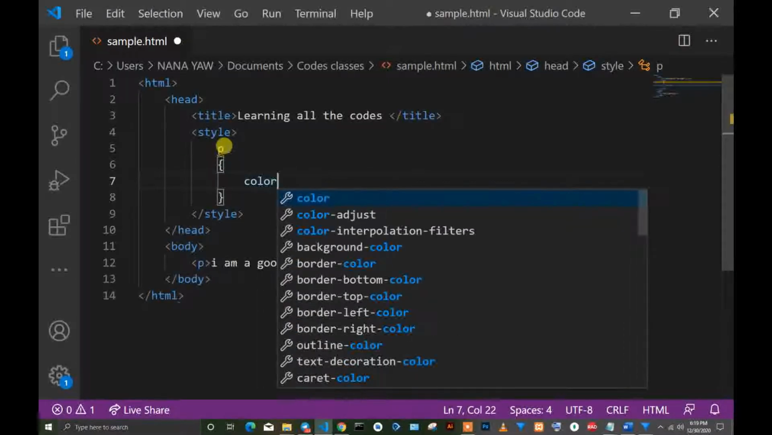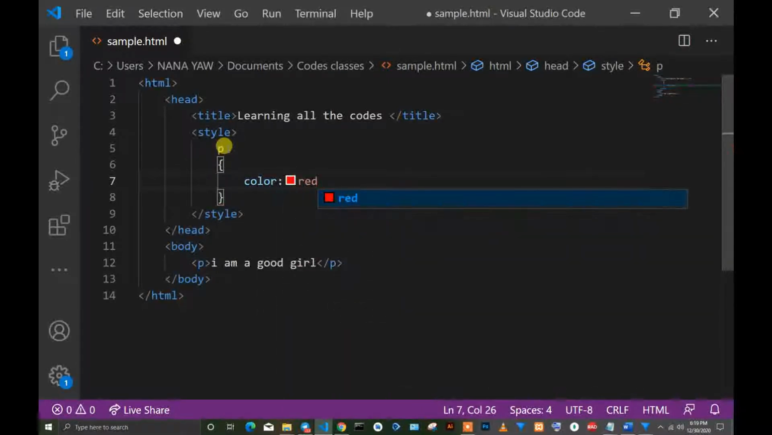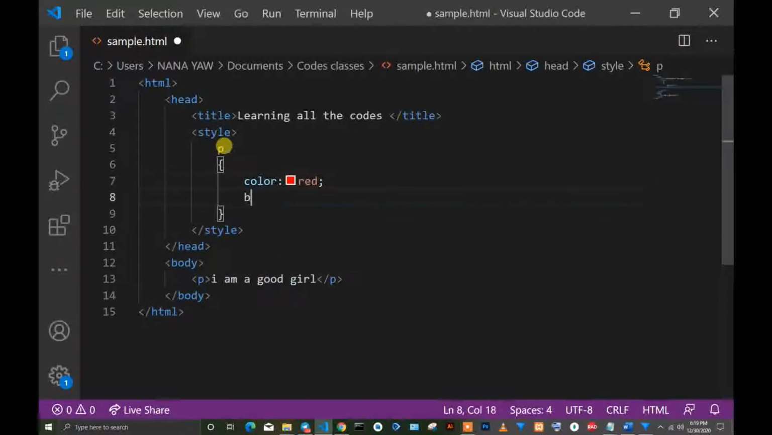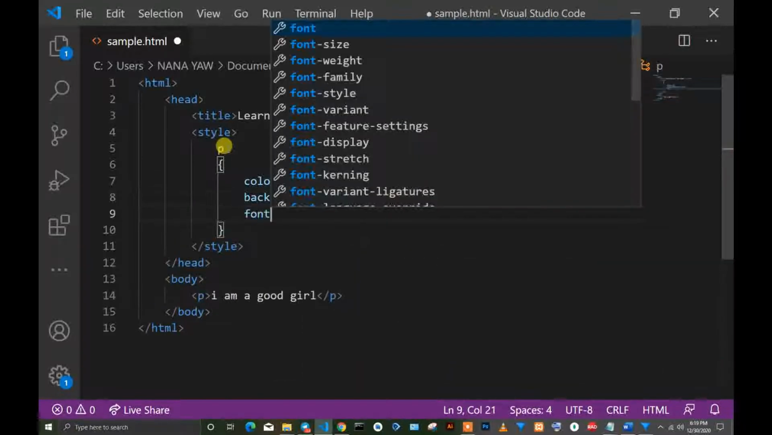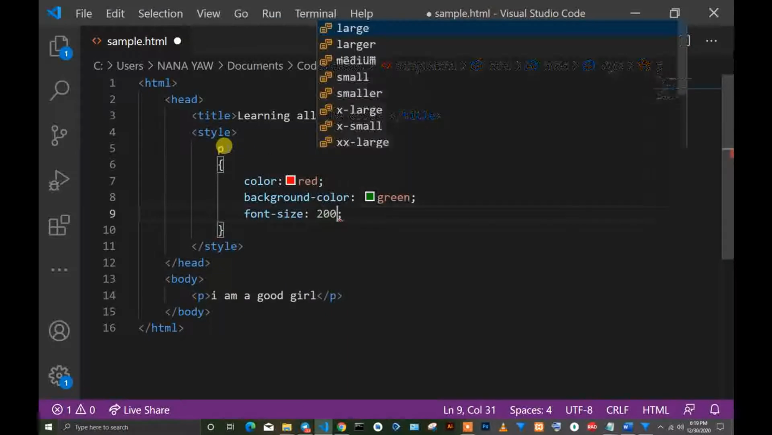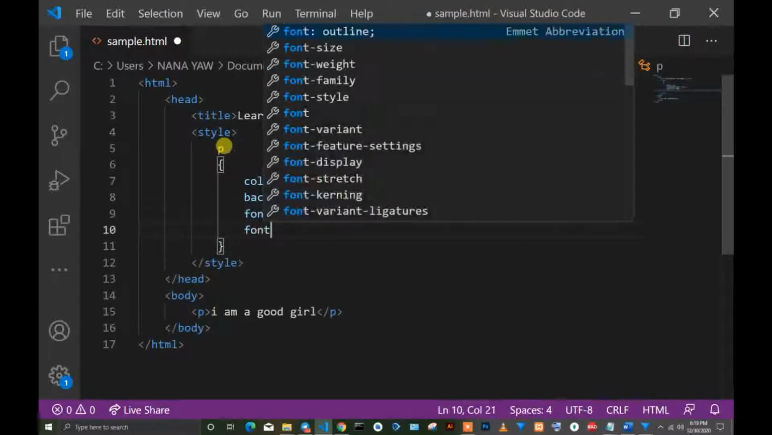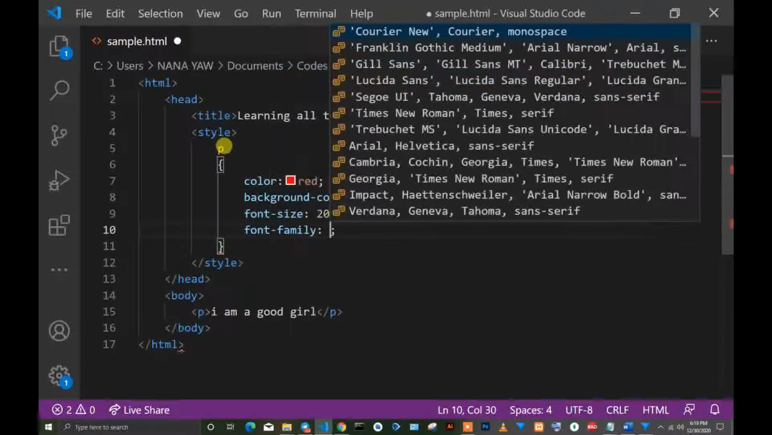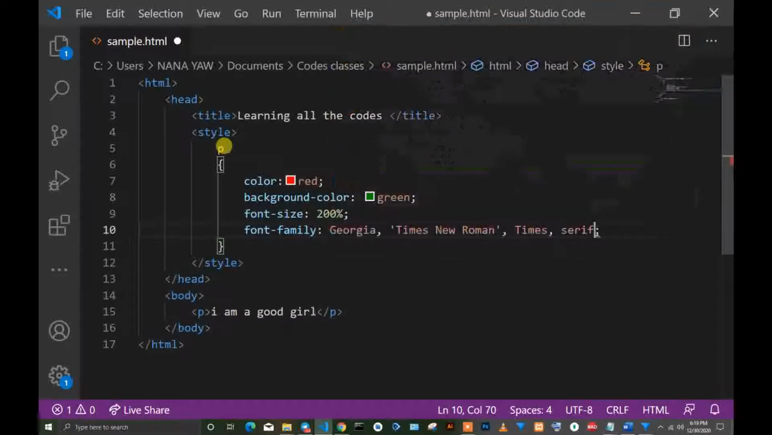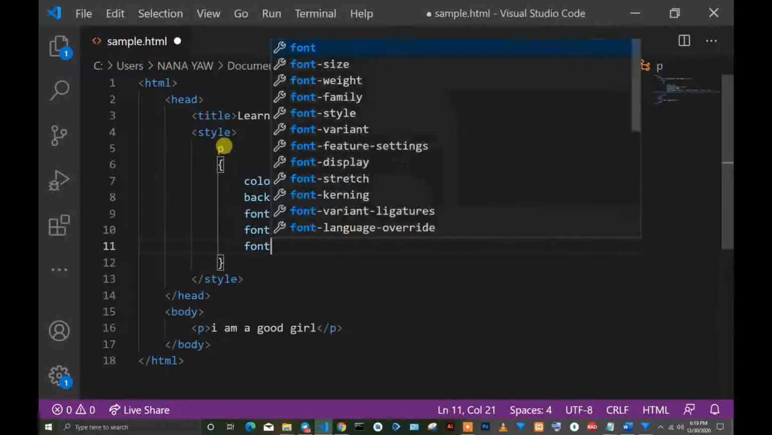Whenever we are doing this type of CSS, we should make sure that anything we write, we end it with a semicolon. Maybe we want to change the background color to green. Maybe we want to change the font size to 200. Maybe we want to change the font family, which is how we want the fonts to display. Okay, sorry, let me just